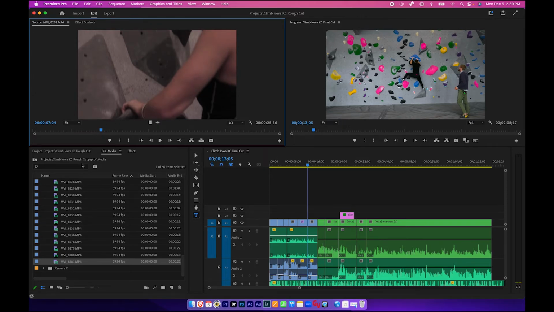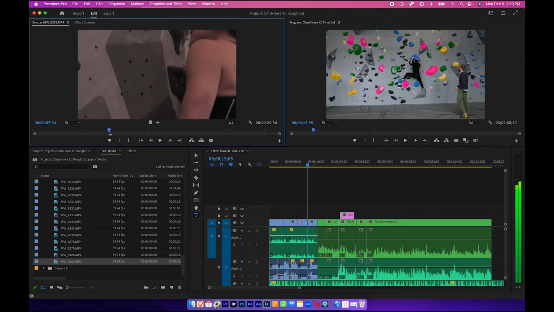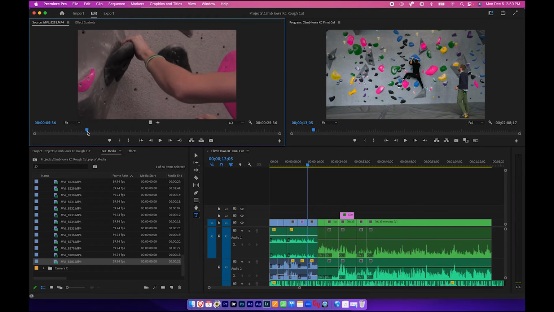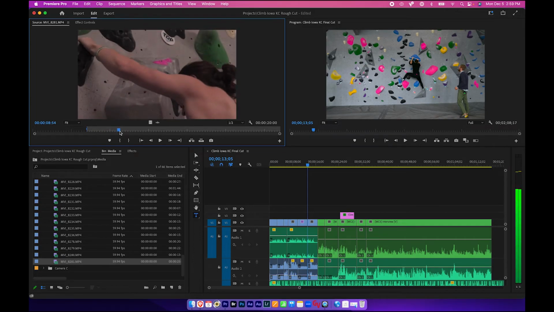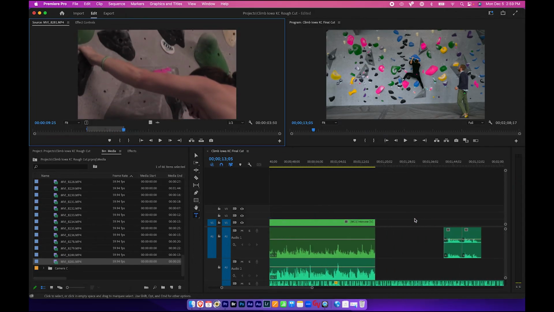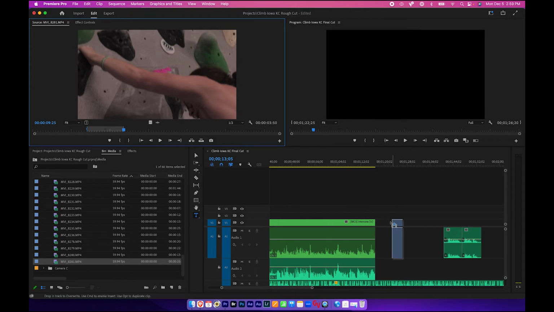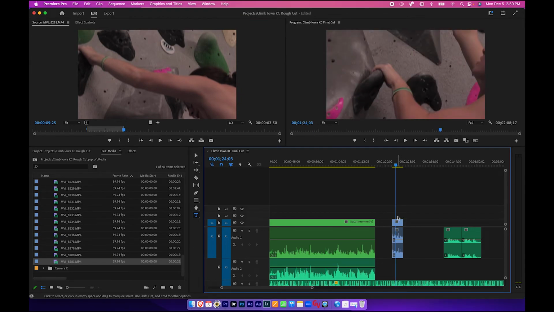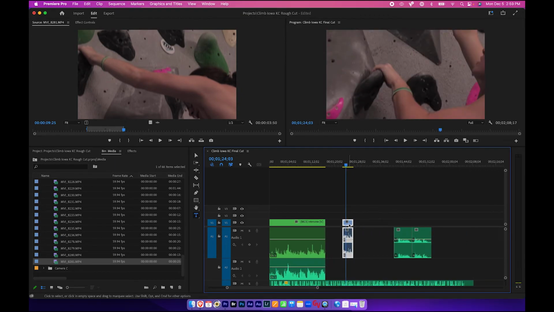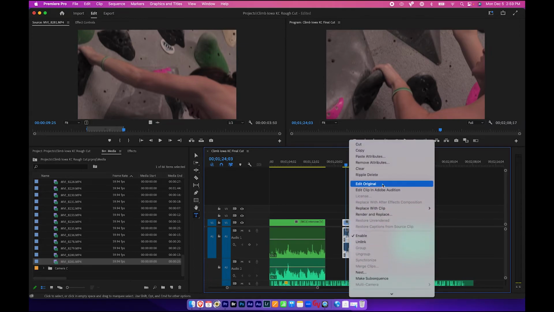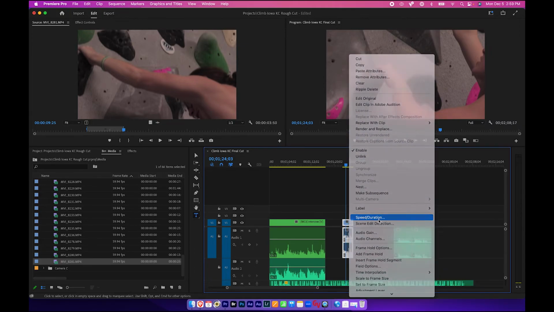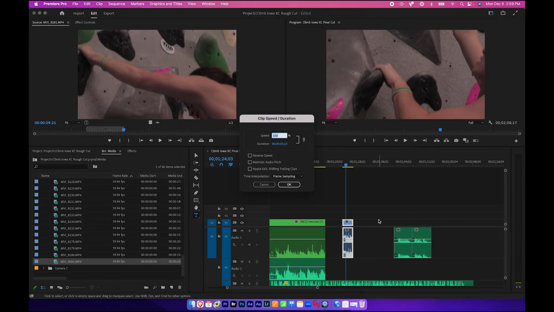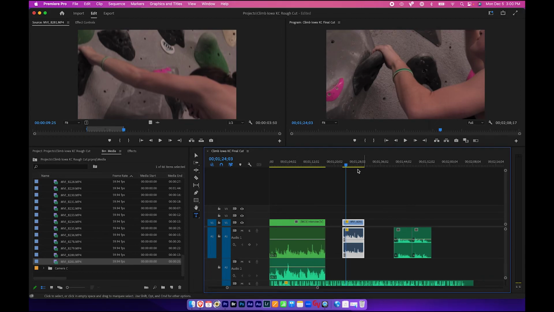What I'm going to do is I'm going to click on the clip here so I can see it. And I'm going to find a place of action. I'm going to make in and out points just like I did with my rough cut. I'm going to then drag this into my sequence wherever I want it to go. Somewhere, let's say I've just thrown it in an empty space here. Then I'm going to find that clip and I can right click on it and I can choose this option here, speed and duration. And because I filmed this in 60 frames per second, but my sequence is 30 frames per second, I can slow this down by 50% without losing any quality. Just click OK. And now